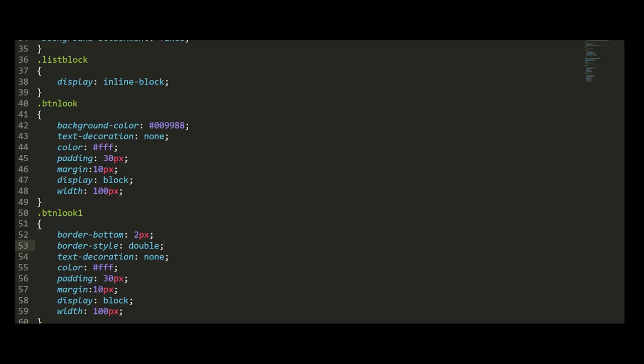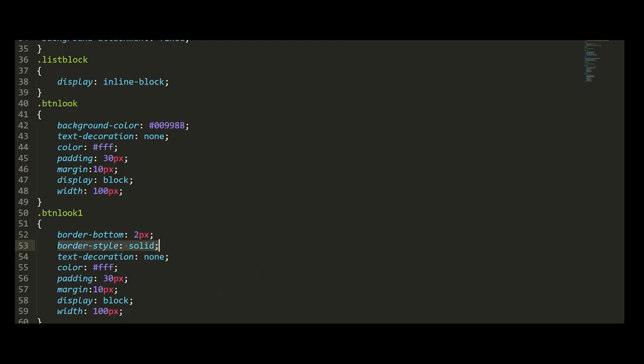Next one is border width. So we can mention the border width, and you can mention the border. Go with solid. If I am mentioning inside this bottom, this solid will be applied only at the bottom border.